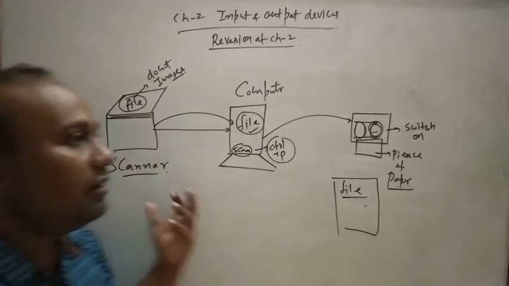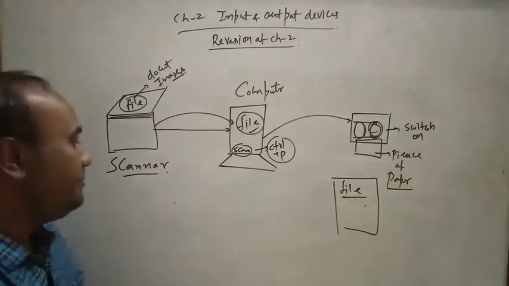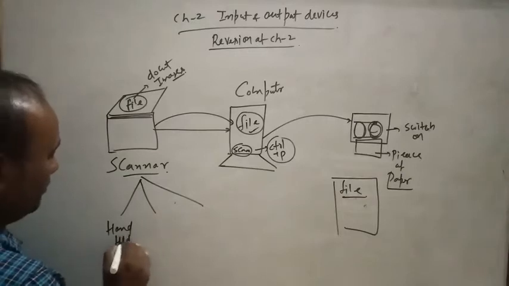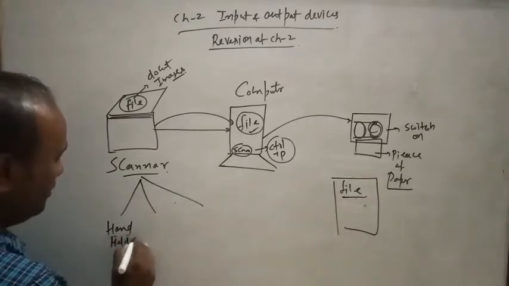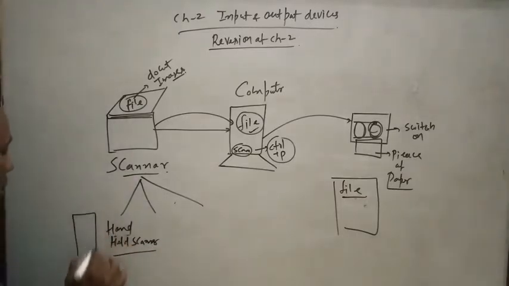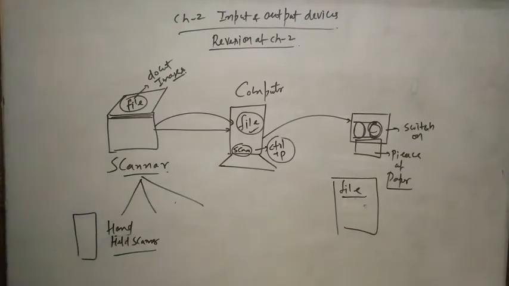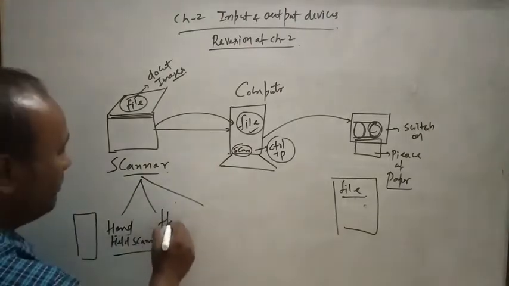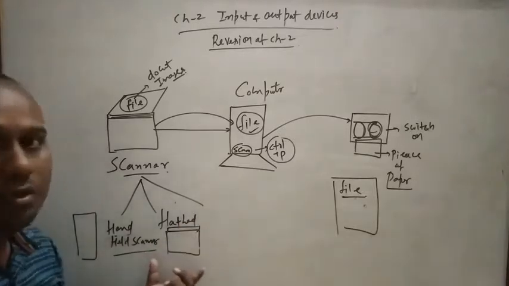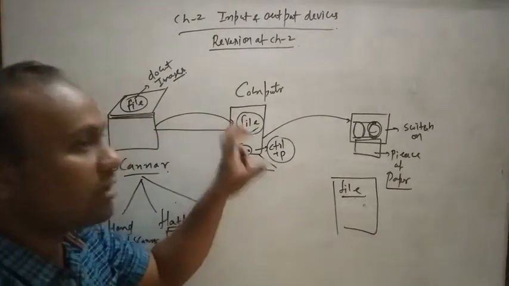In the last classes we already discussed the parts of the scanner. Scanner types: handheld scanner. Handheld scanner means such a type of device, one type of pointing device; just move it over the documents and it will scan each and every document. After that, flatbed. Normally this type of scanner device we use for home purposes. With flatbed devices, we can keep the image in the computer in digital form.